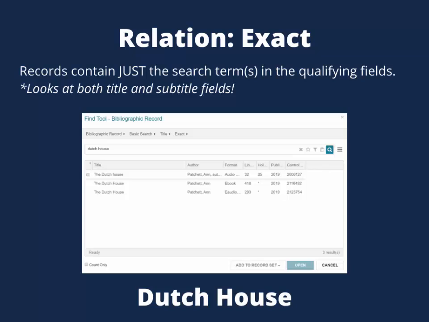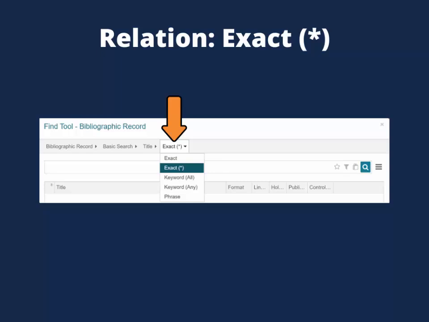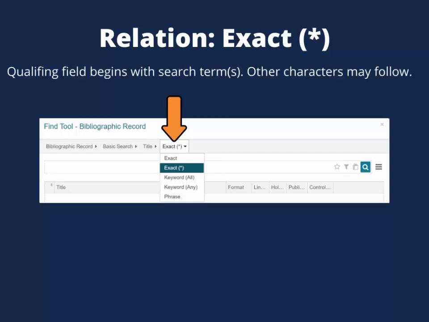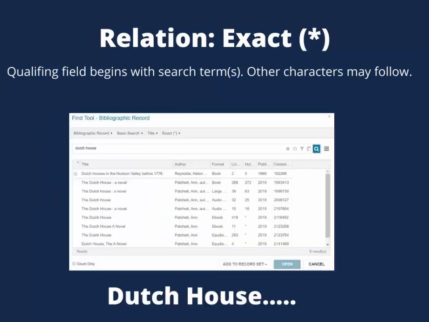a novel. Exact with an asterisk, or exact truncated, takes your exact search and applies a wildcard at the end. What this relation does is it looks for records where, in this case, a title field begins with our search terms, but allows other words or characters to follow. Because of this, when searching Dutch House using exact truncated, it will also include results that have the subtitle a